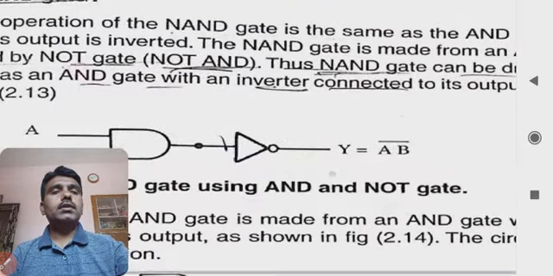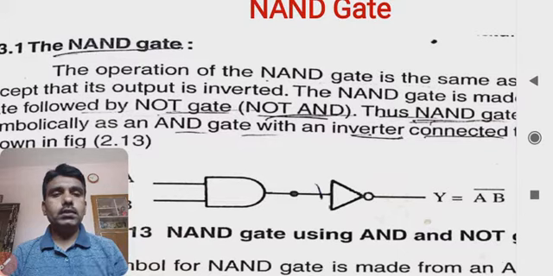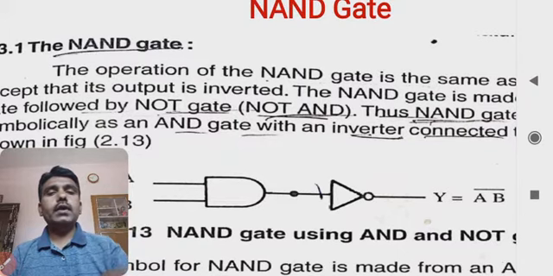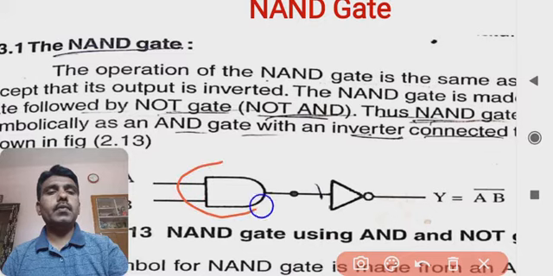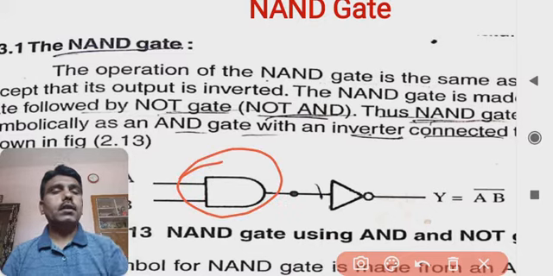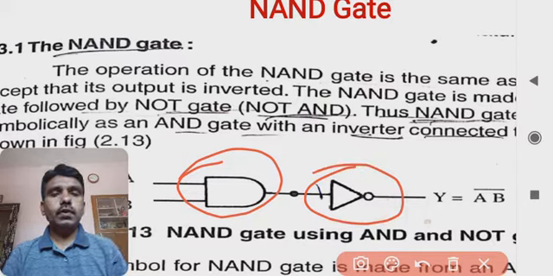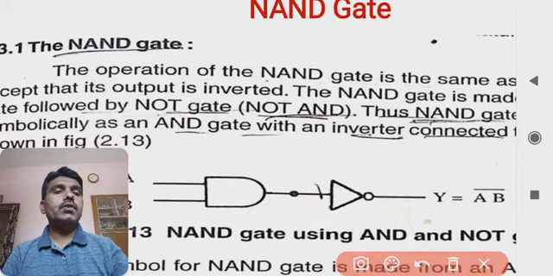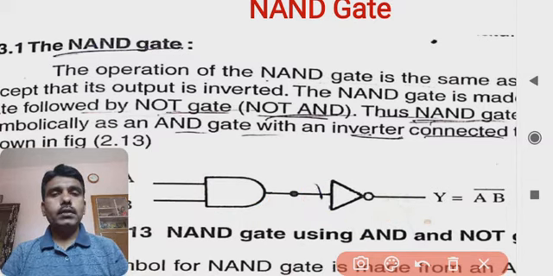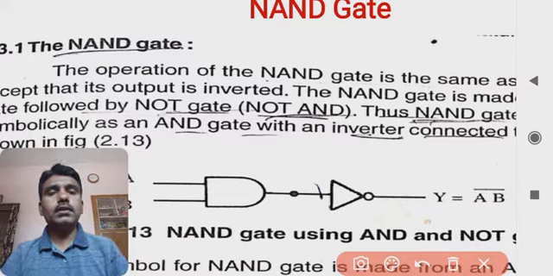And here this NAND gate is nothing but a combination of AND and NOT. If you look at the symbolic representation shown here, it is an AND gate, and in front of it a NOT gate is connected. We have already seen in the last lecture what is meant by an AND gate and what the truth table for a two-input AND gate is. As far as the logic is concerned, for the AND gate, when all the inputs are high, the output is high, otherwise it is 0.